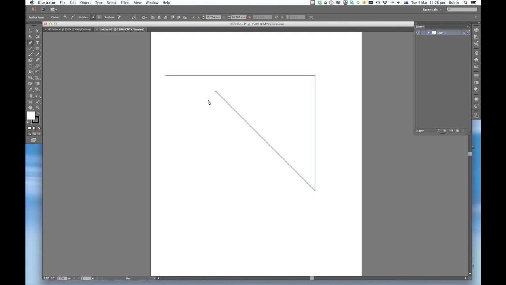The only time it doesn't work is when you're closing a path. So when you're closing a path, it makes no difference if you hold down the Shift key or not. The path will actually close. Well, so much for